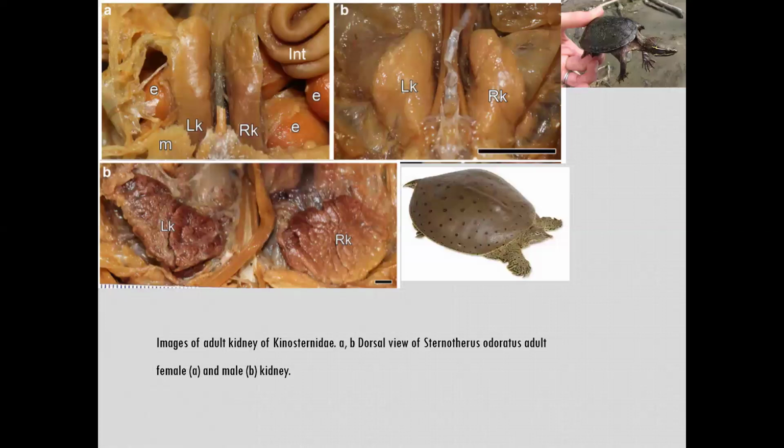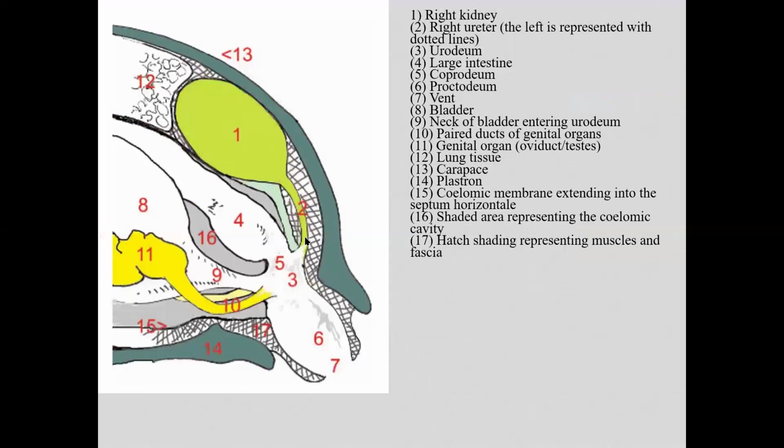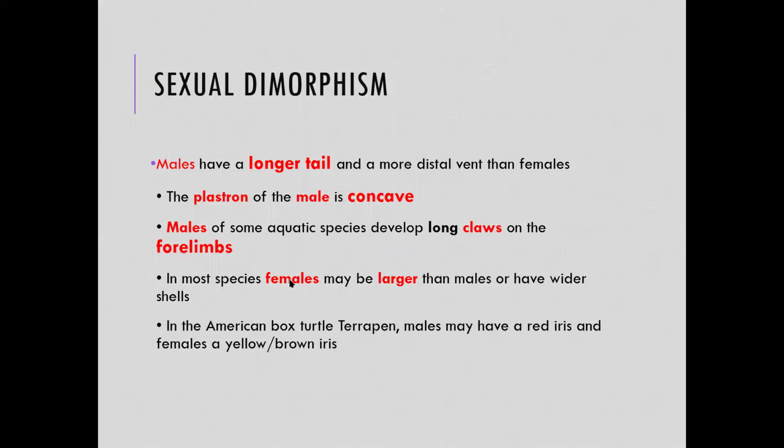Okay, this one is the picture of some of their kidney. It's very different from one species to another. This one is a lateral picture of their kidney and their bladder. In some cases, if the size of the bladder stone is not too big, it can normally come out from the cloaca.